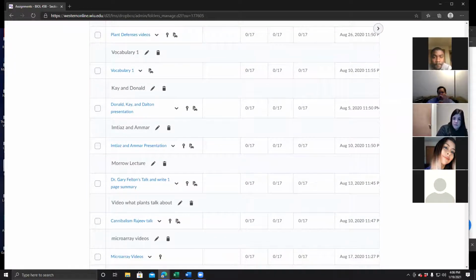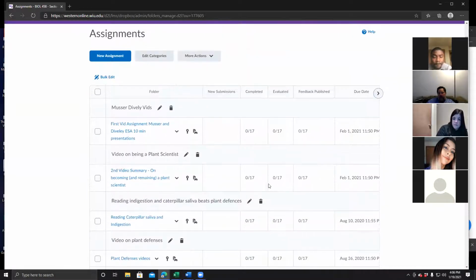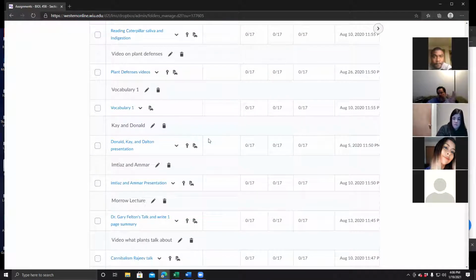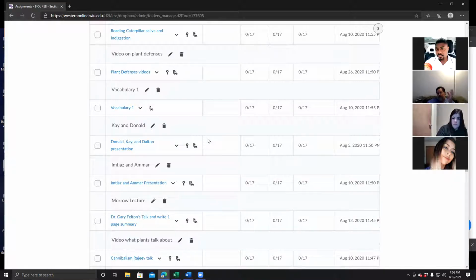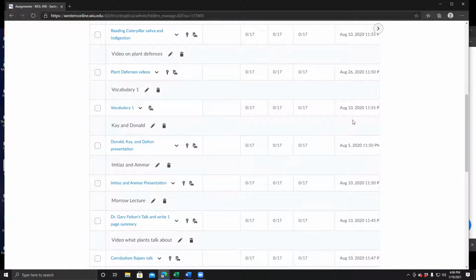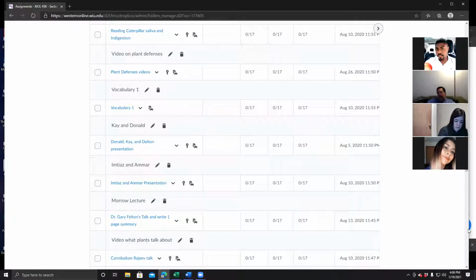So again, the dates aren't all updated yet, but the idea is that you should try to work on these assignments. I'd jump on them pretty early, but they're basically done. They're due the night before Tuesday, so everything's going to be due Monday night on average. Okay. And you don't want to wait till the last minute on Monday to do them,